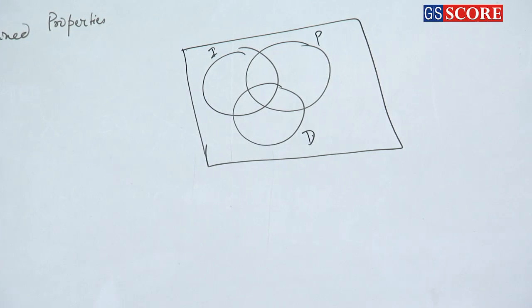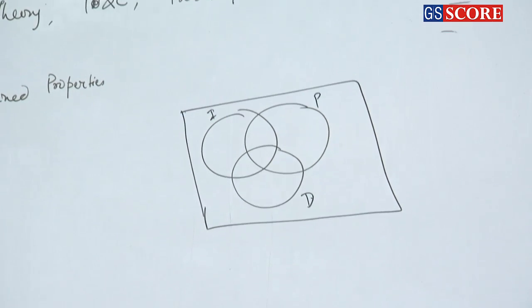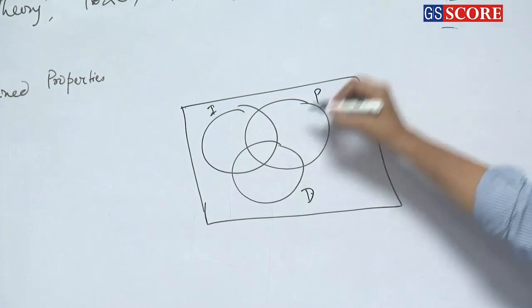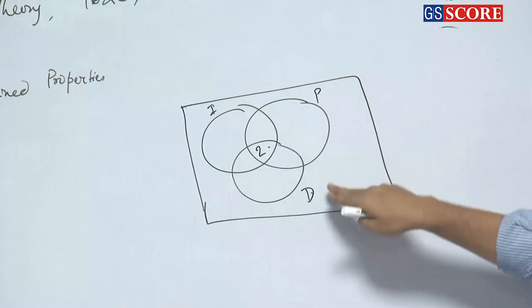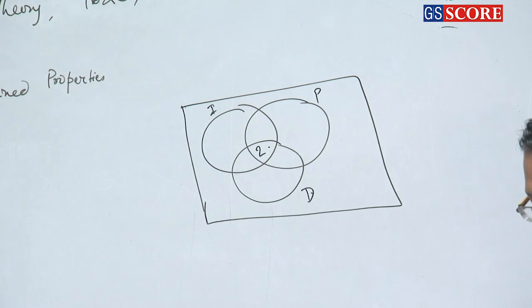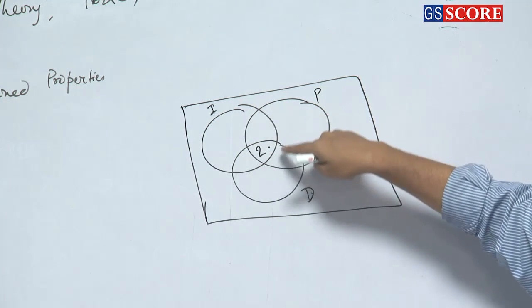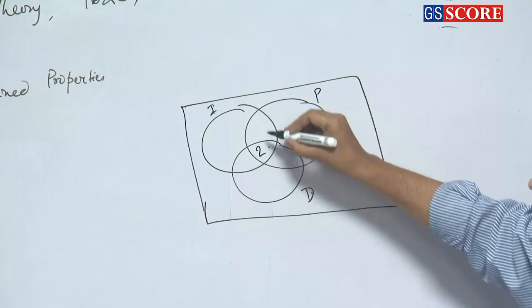Okay, so I say 200 prefer all 3, so I just write here 2. Which means 200. So 200 prefer all 3. And this is ink pen, this is pencil, this is dot pen. So how many prefer ink pen and pencil? 400. So this total is 4. So if this is 2, so this will be 2,